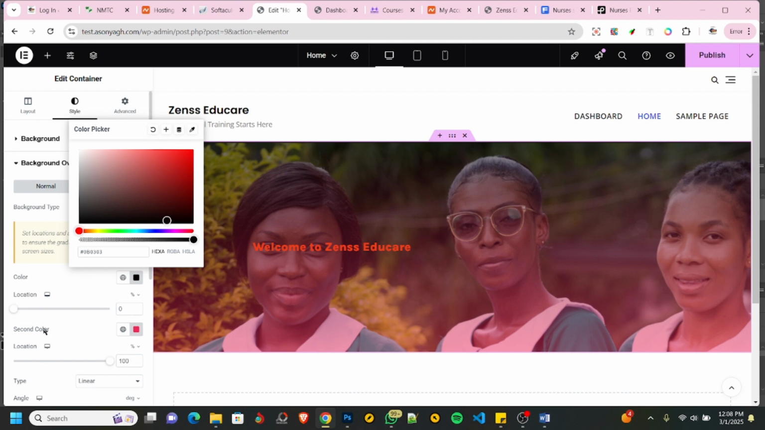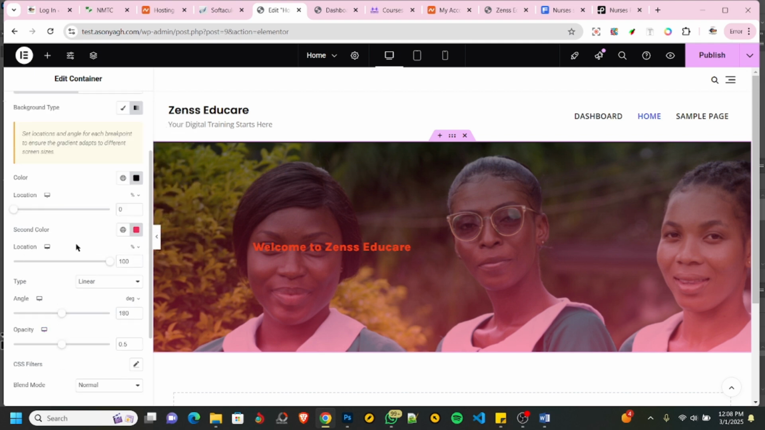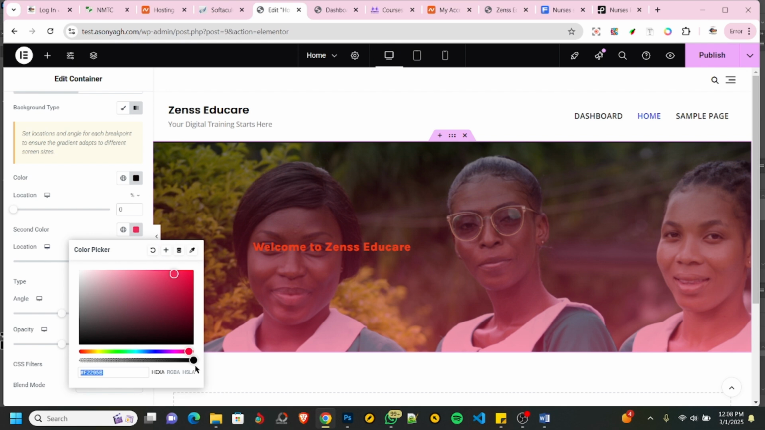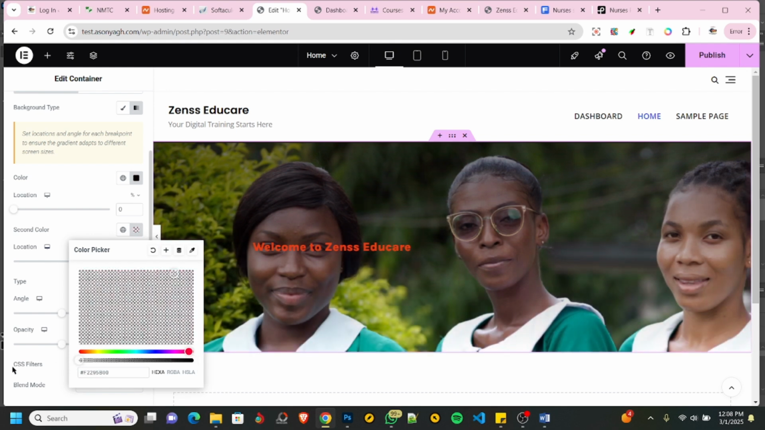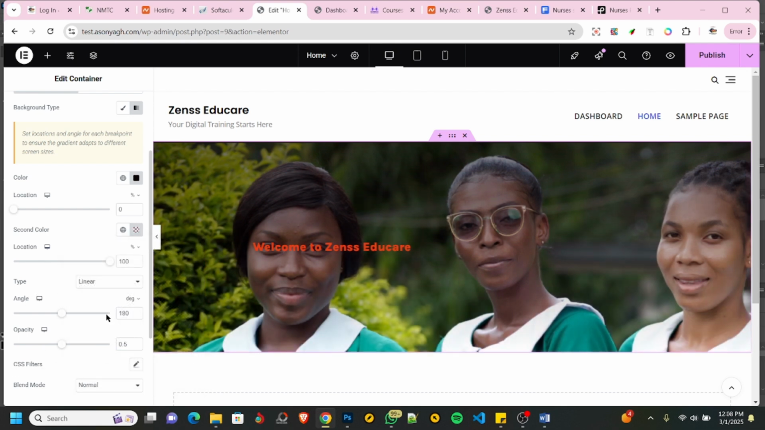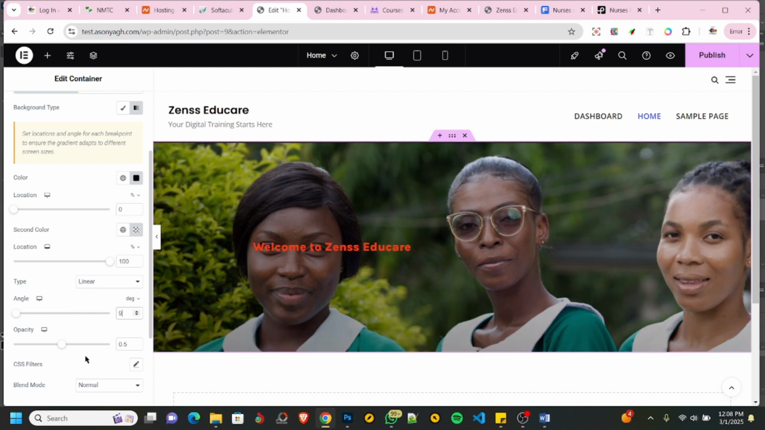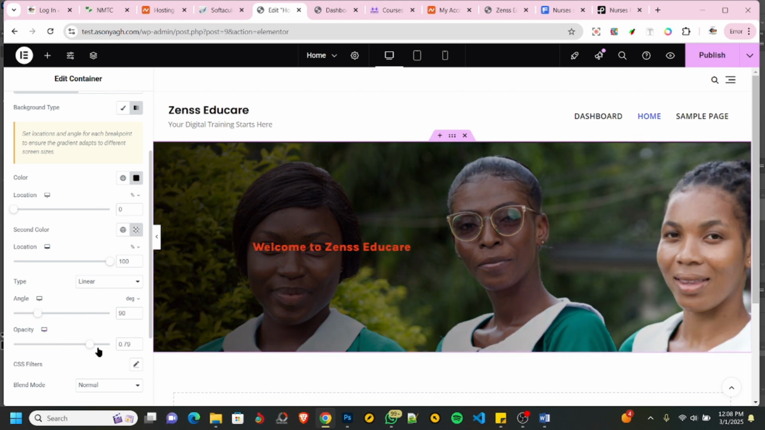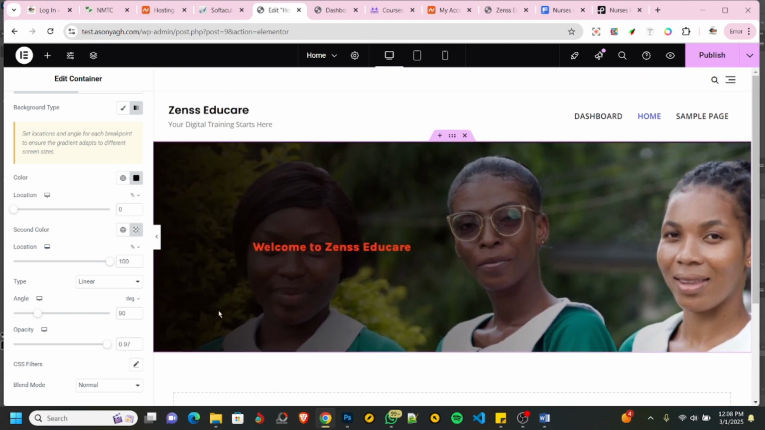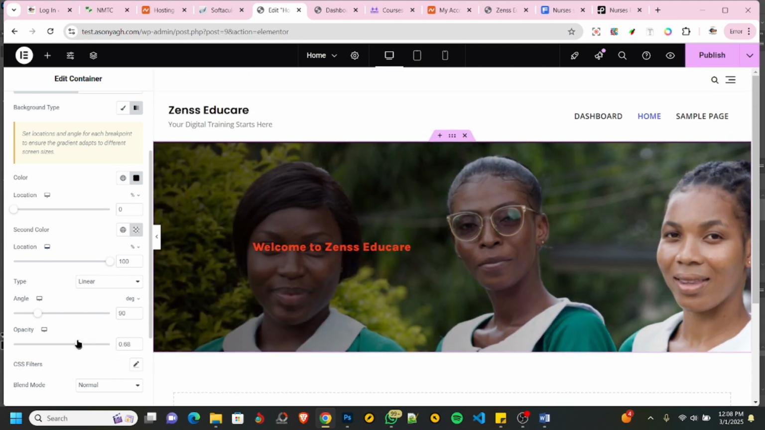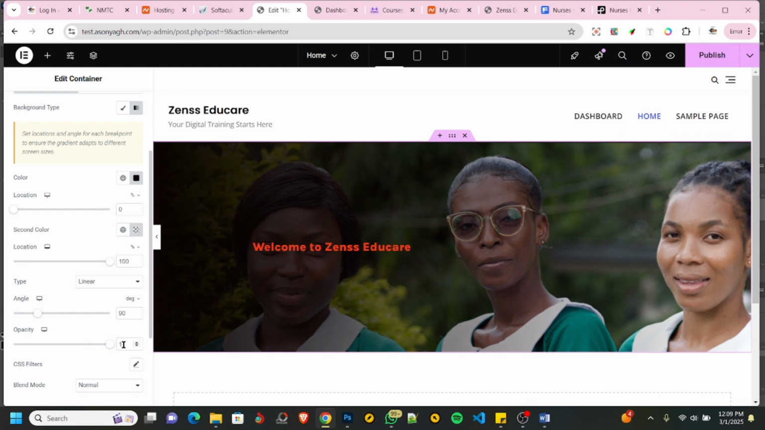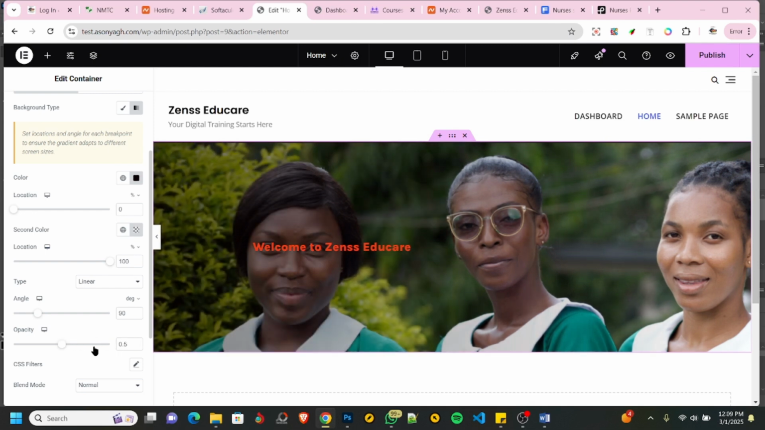And then the second one, I will just make it transparent this way, and then I can use this angle setting to show the angle at which the color should fade. So let's say 90, something like this. Then I can increase the opacity, something like that. Are you seeing the difference? You can see it starts from the left moving to the right. So that is how you can use the background gradient overlay to modify your